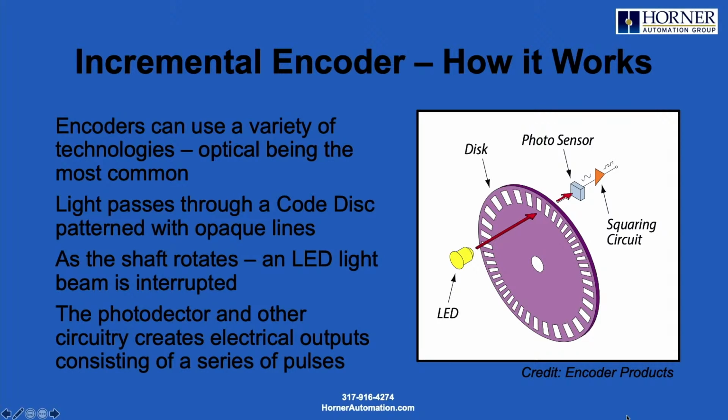Okay, so let's take a look at the inside of an encoder. What you see there is that disk, and you can see that there are areas of the disk around the outside, really a series of opaque lines. As the shaft rotates, you have an LED on one side of the disk, shining through those lines, and a photosensor on the other side